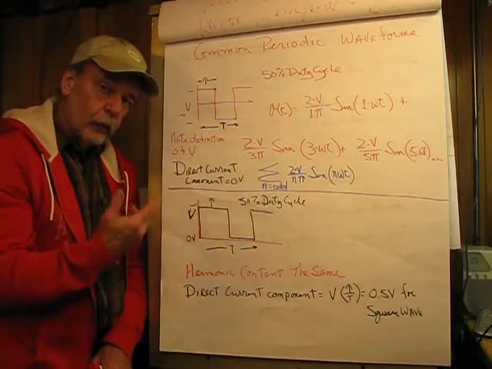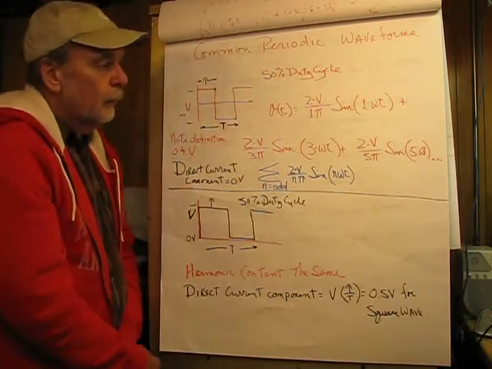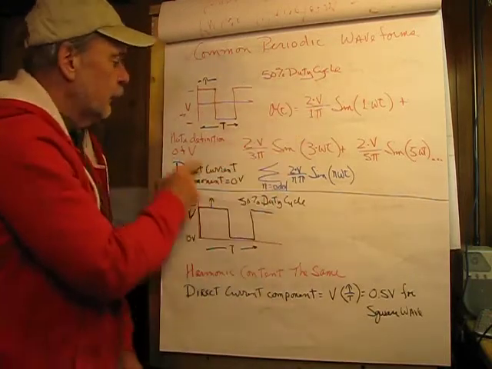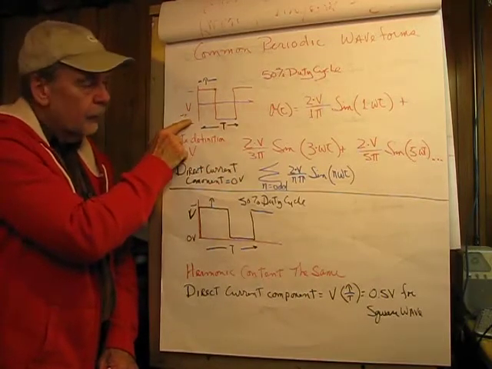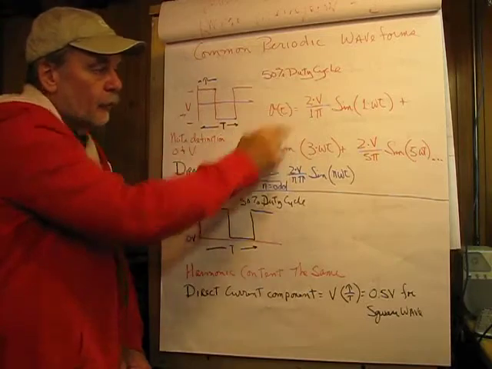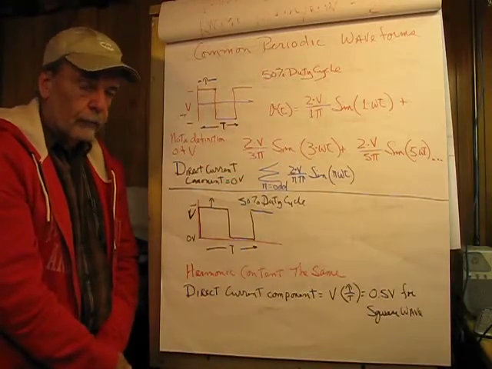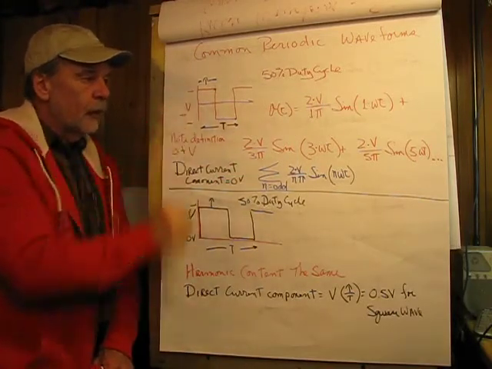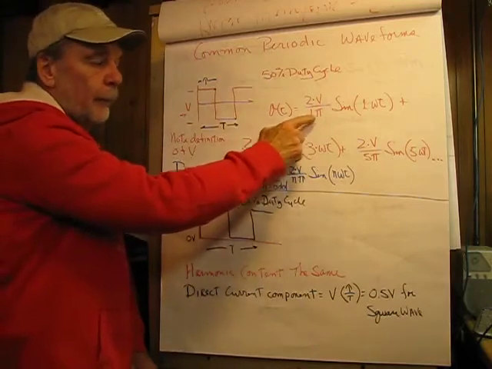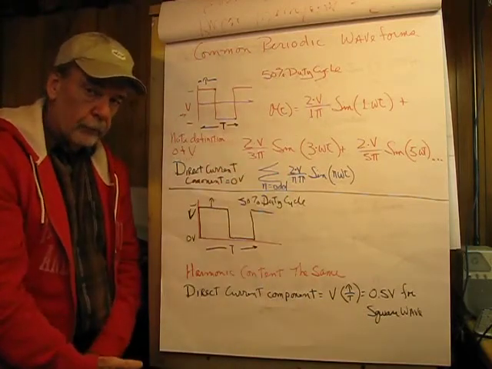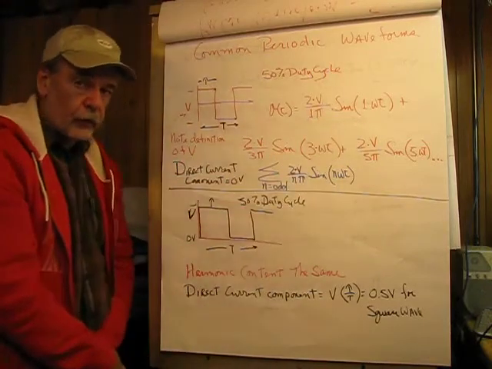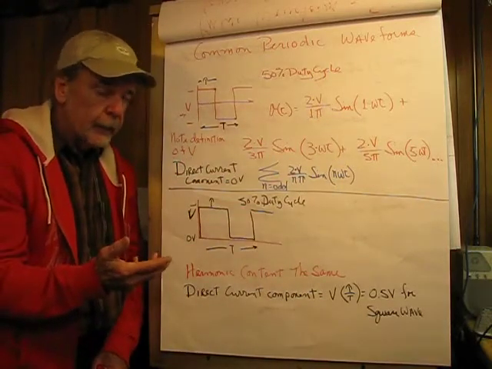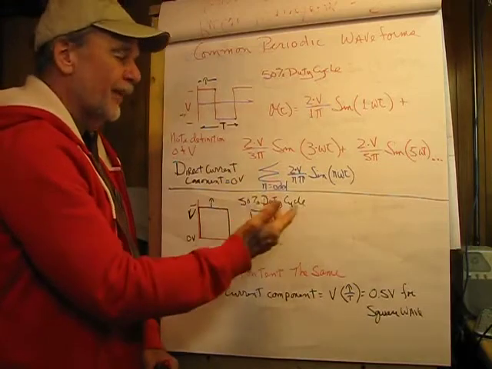complicated because we have all those harmonics to deal with, but it's 2 times V, and V is defined here. You have to be careful with this. I put the dot there so it wouldn't be confused with 2 volts. So it's 2 times this value divided by 1 pi, and the 1 is a placeholder, times the sine of 1, again as a placeholder because we're dealing with the first harmonic, omega t, plus